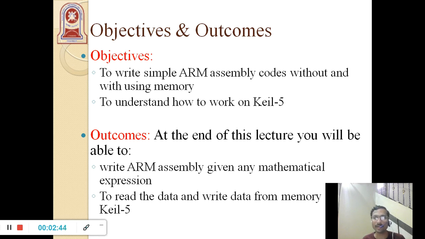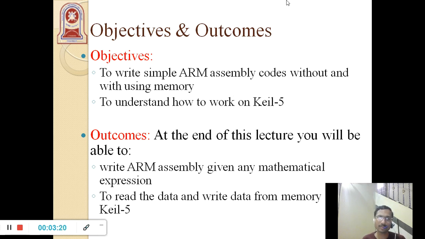Either in a high level language or in assembly level language, in both cases, we make use of ARM instructions to write simple programs using the memory concept, and a few programs without the memory concept. We try to see the demonstration using Keil 5 Microvision. It's nothing but the simulation results that we can see.